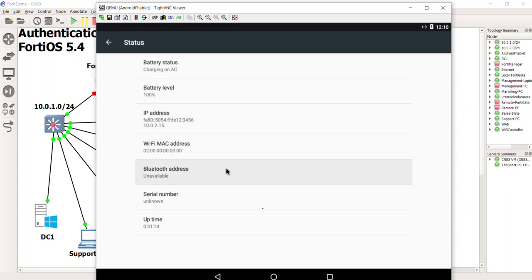All right. So 10.02.15. 10.02.15. That can't be right. That can't be right. Why not? Well, because